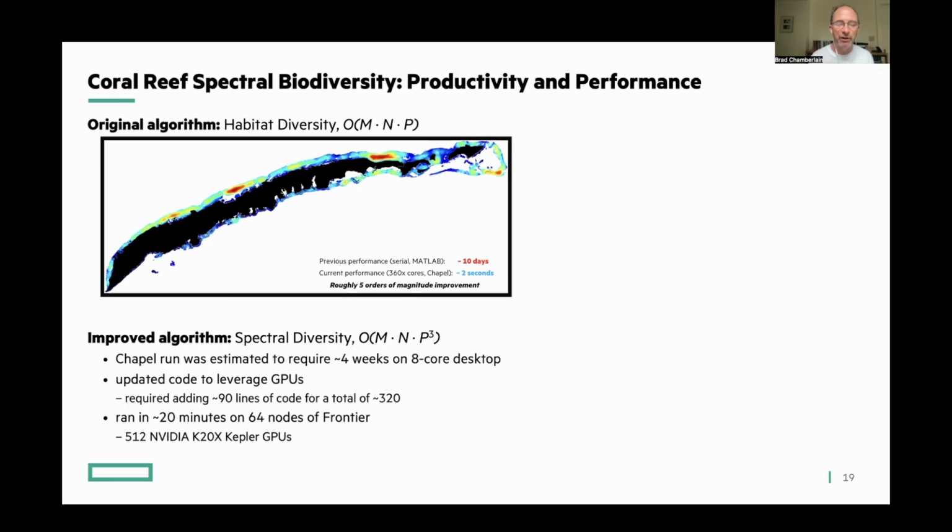This was a case where the Chapel run was originally estimated to require about 4 weeks on an 8-core desktop, so not a very large system compared to the ones I was talking about in the previous slide. But what they did was they also updated the code to leverage GPUs. This required adding about 90 more lines of Chapel code that took them up to a total of 320 lines. And in this, they were able to run in about 20 minutes on 64 nodes of Frontier, which was using